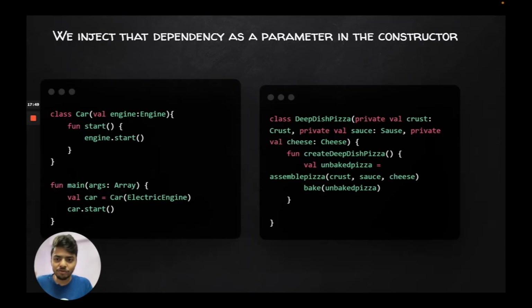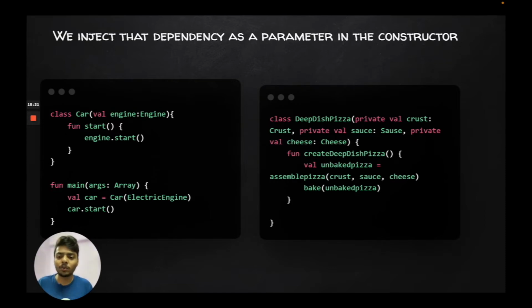Yep. So we inject that dependency as a parameter in the constructor. If you have a look at your left side, the class Car, instead of making an object of Engine itself, we are providing it as a parameter in the constructor itself. Every time you would want to make a car, you would ask, do you want an electric engine? Do you want a petrol engine? Do you want a diesel engine? You can accommodate almost any kind of engine in the car itself, and then you can do whatever you